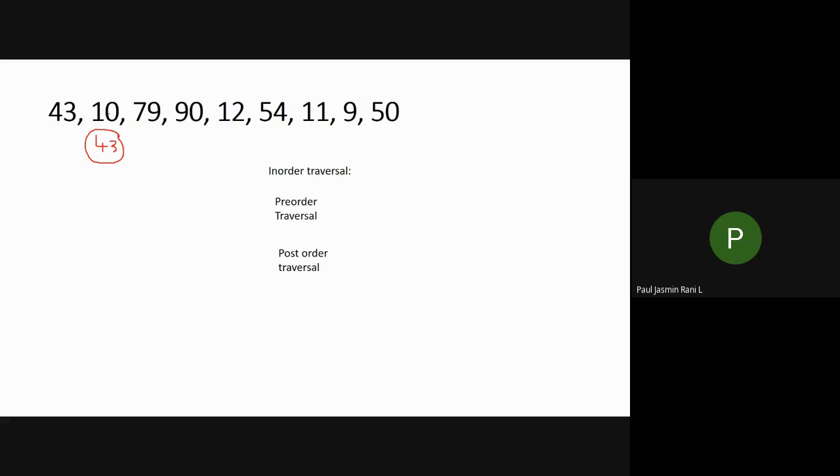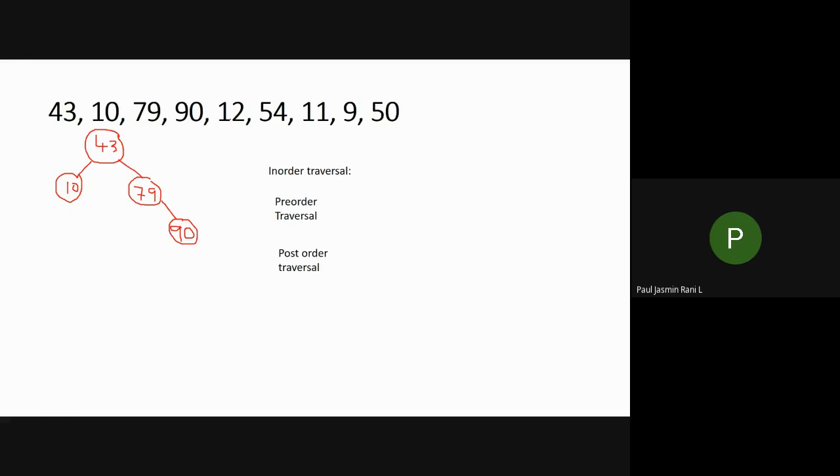Next data is 10, so it is less than your root element 43, so you are going to mark it on your left side. Next one is 79, it is greater, so you mark it on your right side. Already we discussed this topic, so I'm going to move faster. 90, you place on the right side of 79 because it is a greater element.